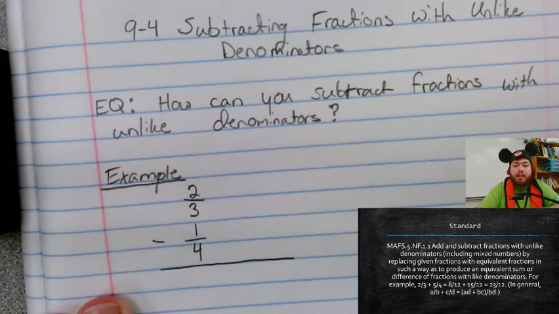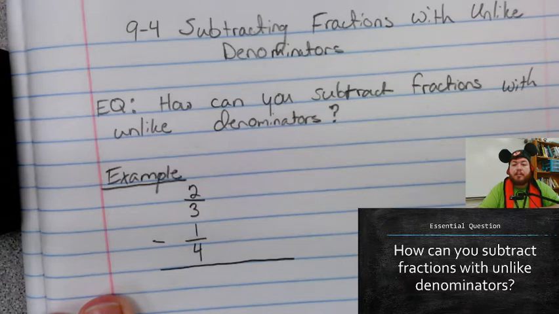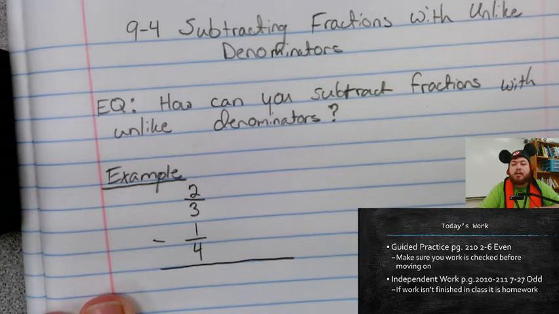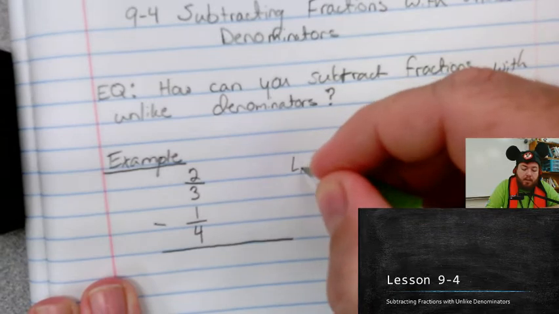So the first thing I need to do is list my common multiples to find my least common denominator. Now, some of you guys may already know that it's 12, and if you do, that's awesome. Go ahead and put that down. However, I want to give you the strategy in case you can't find the least common multiple on how to solve a problem. So I'm going to go over here and list least